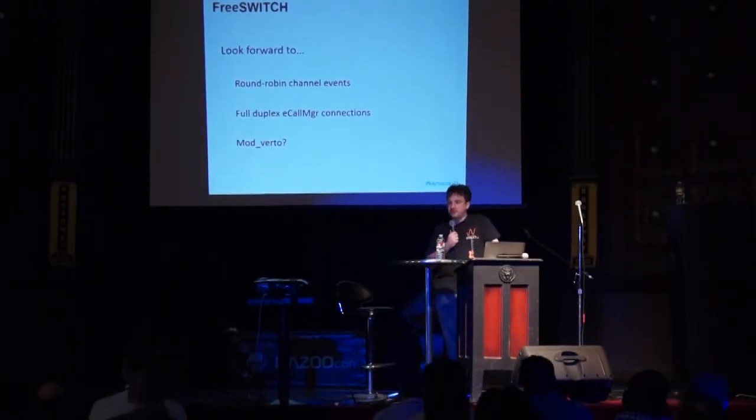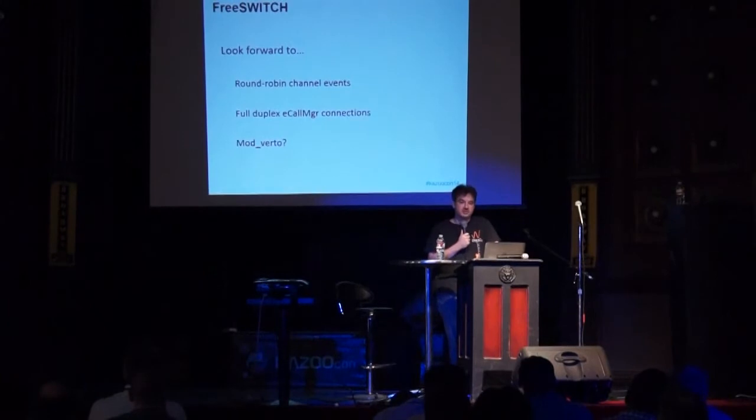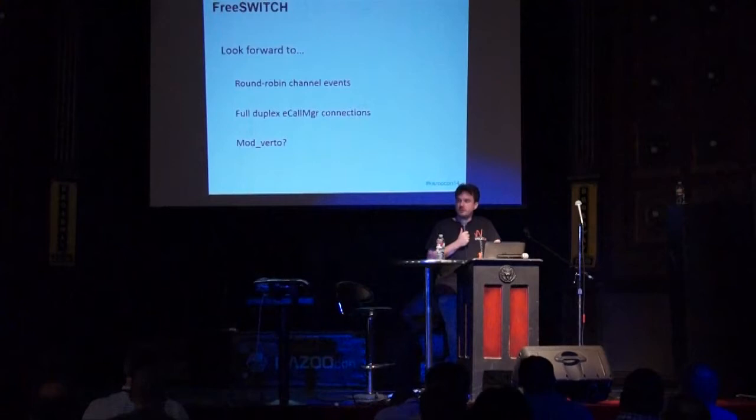That's room for innovation. That's where you can do all kinds of interesting things that SIP can't or isn't good at. And so, of course, the quickest and easiest way to get to market was to use SIP because we have a SIP platform. But FreeSwitch has been making huge strides in Mod Verto, which is a non-SIP signaling WebRTC endpoint within FreeSwitch. And it does extremely interesting things. Some simple things. It does stereo